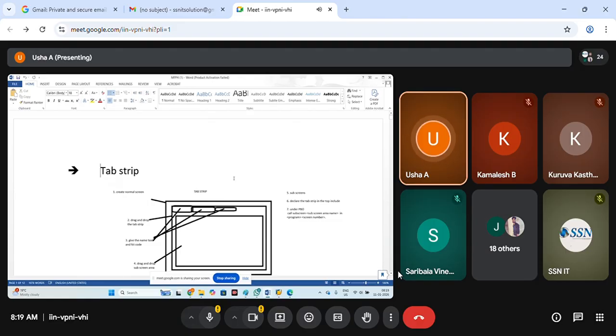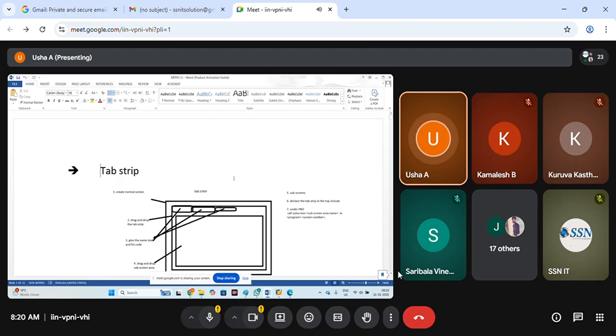Once designing of the screen is done, then in the program we are going to create subscreens. For however many tabs, you design that many subscreens. Once you design the subscreens, you need to declare this tab strip. Up to now, we saw the types keyword to declare structures and table types, and the data keyword to declare the internal table and work area variables. Same like that, we will see the controls keyword to declare the tab strip and table control. Here we declare the tab strip under the top include.